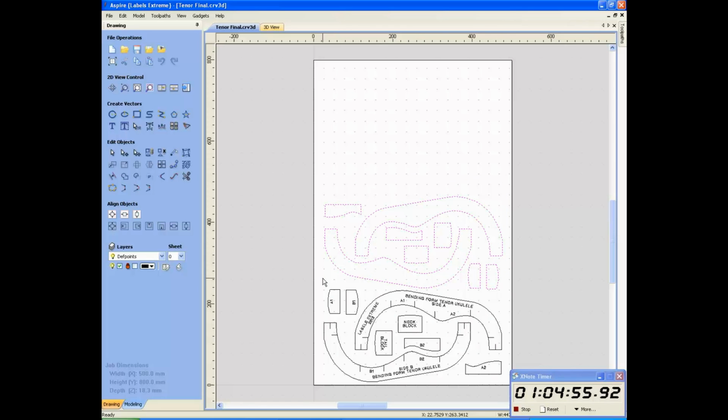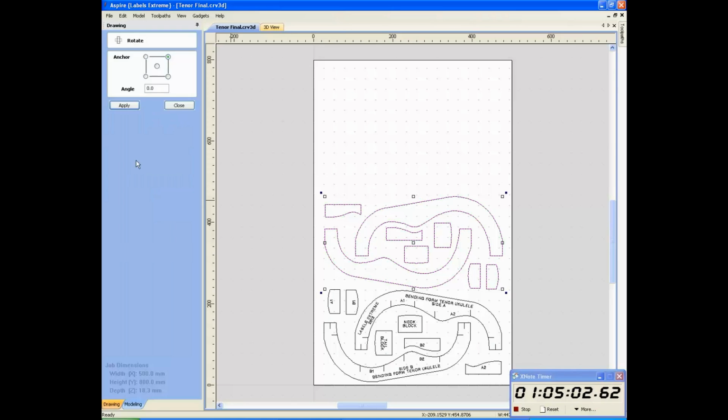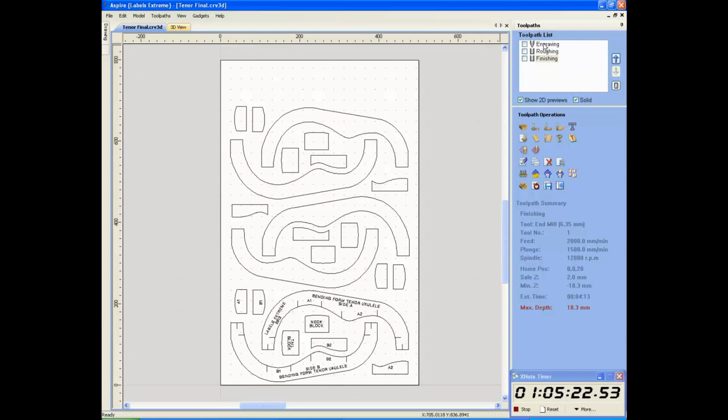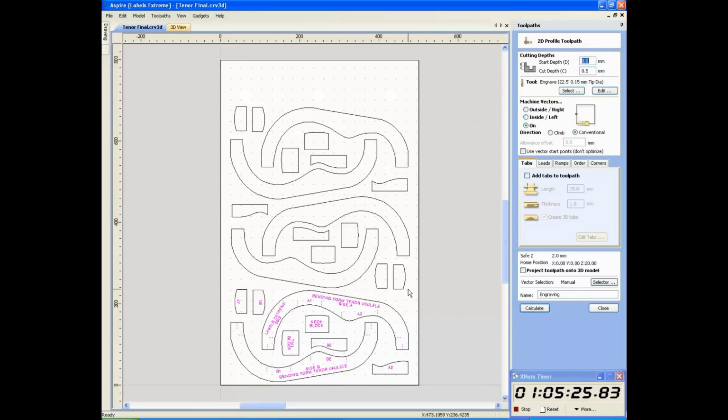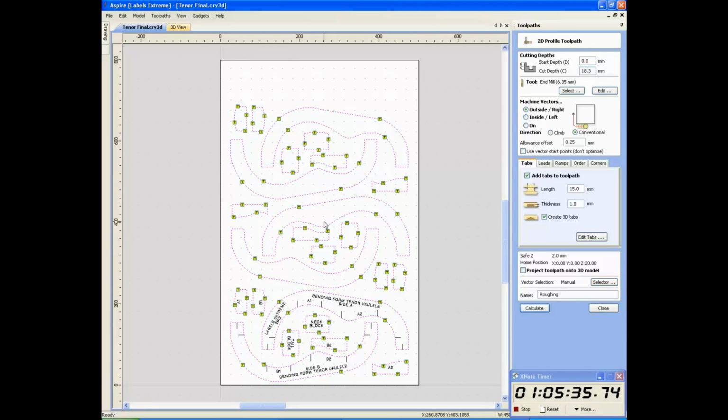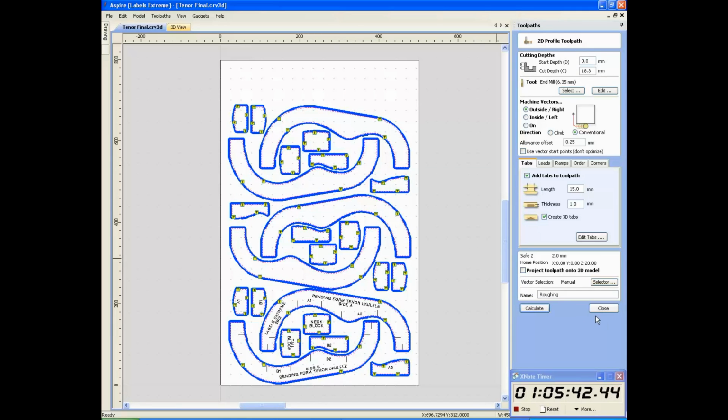Select all that, Control C, Control V, go into rotate selected objects, rotate it 180 degrees, and then roughly position it where I think it's going to be needed. So that's about near enough. Come back in here. I don't need to redo the engraving because it's only on one part. The roughing, I now need to add all of those, and you can see it automatically loads tabs. So I'll calculate that, close that. Finishing,